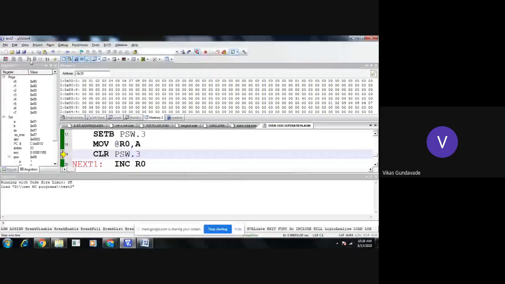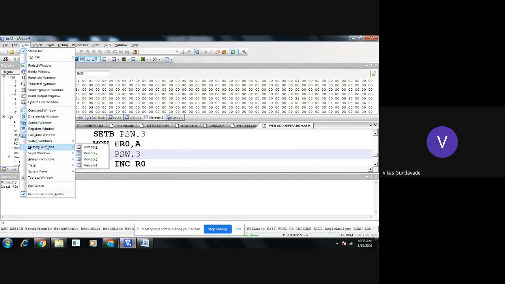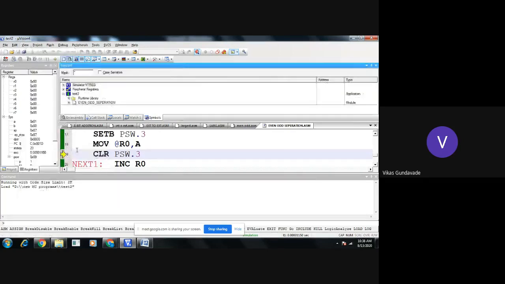Now see here in this memory location you can observe, this is the 50 location. Okay, you can check it. See here memory is 0x50, or even you can take another memory location here and check that memory location. We will take memory 2 and memory 3 also.